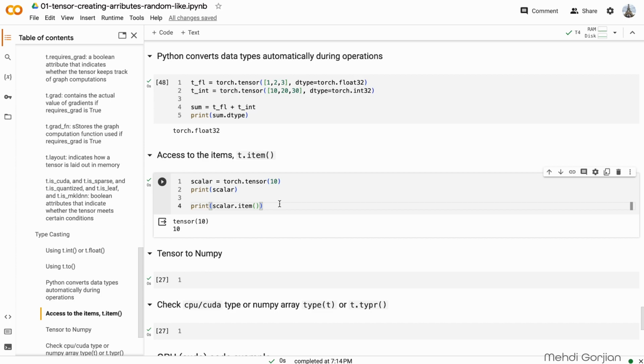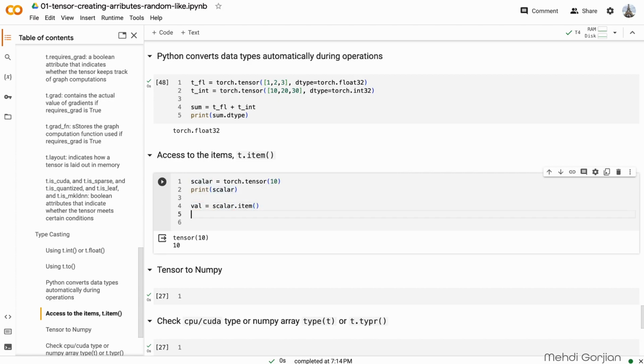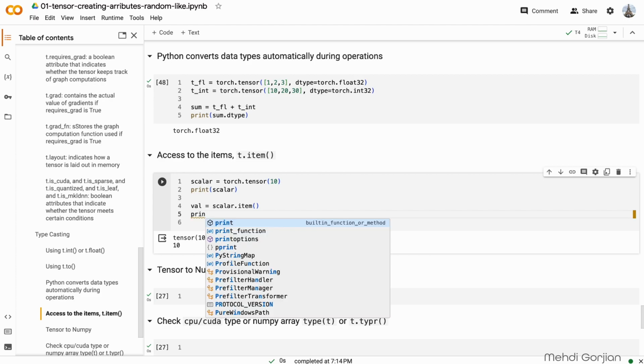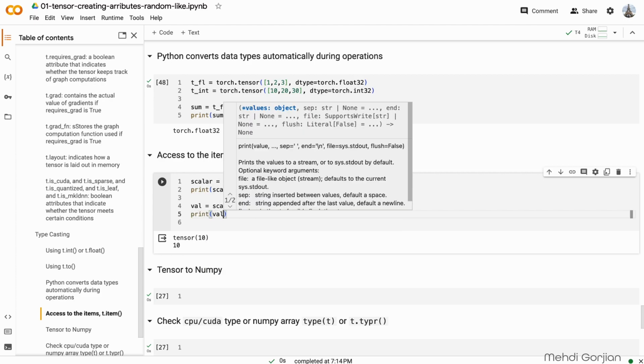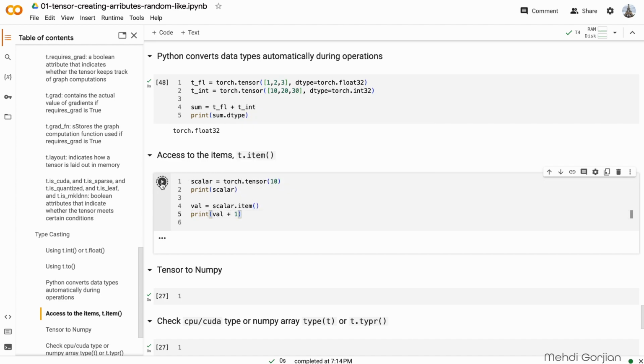So simply we can use it, let's say the value equals this one, and let's print value plus 1. It's 11. However, here we couldn't add it to 1, so